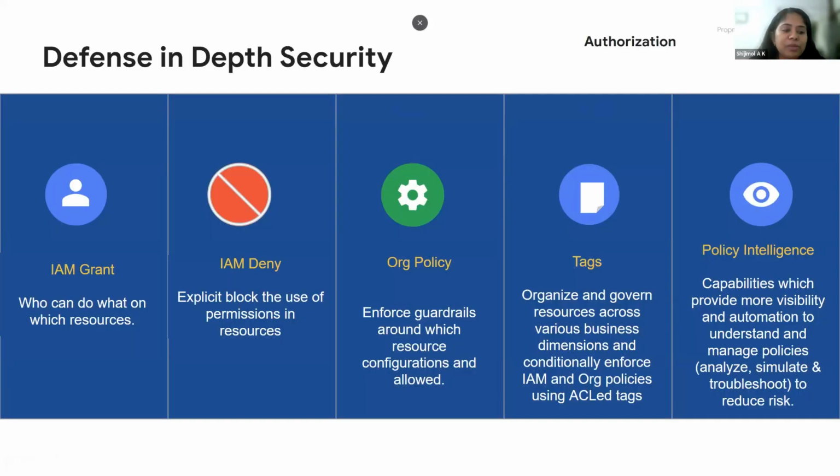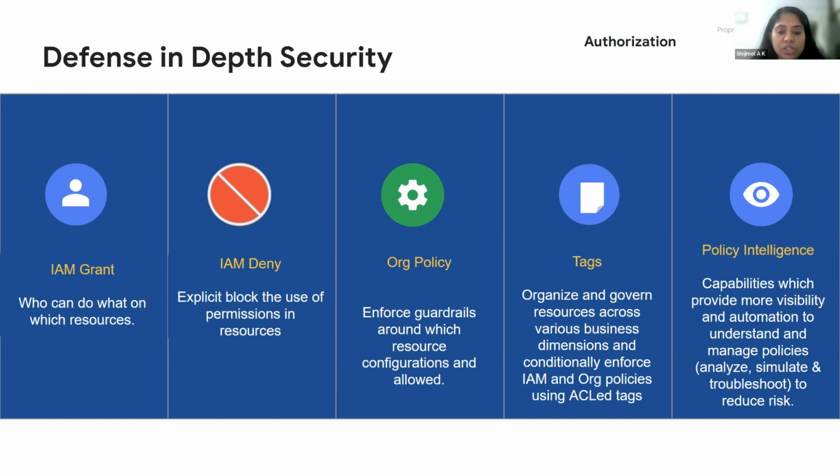Now, defense in depth. This is a security principle followed very closely by Google. Again, this is applicable for every cloud application, not just Google. But what do we mean by defense in depth? That is based on identity, right? We often talk about identities and the security perimeter when it comes to cloud. So who has access? You can prevent a lot of attacks by granting permission only to required people. So we often hear about the principle of least privilege.